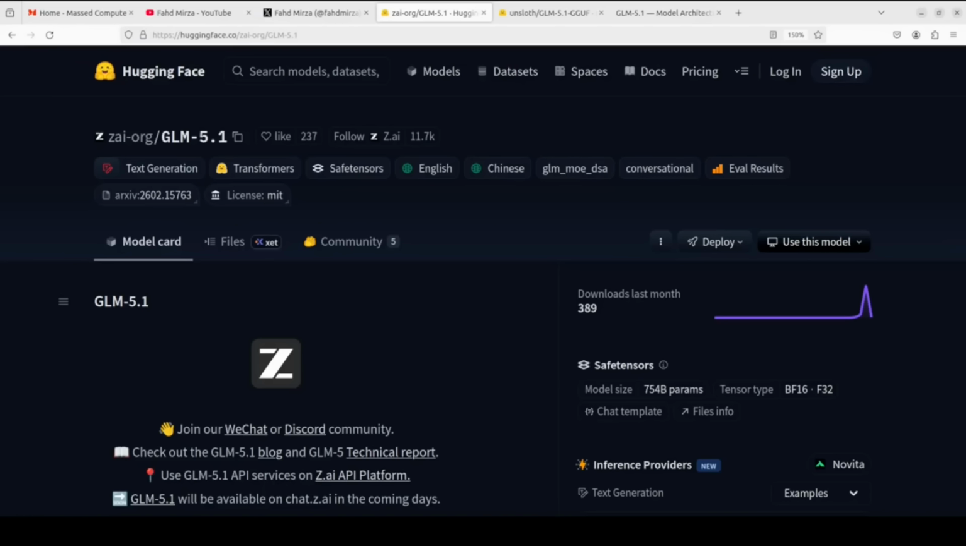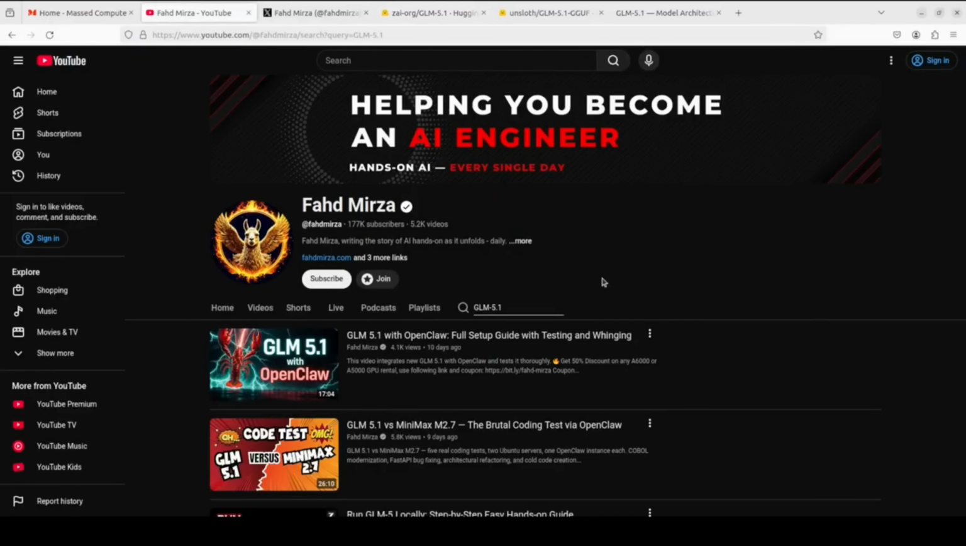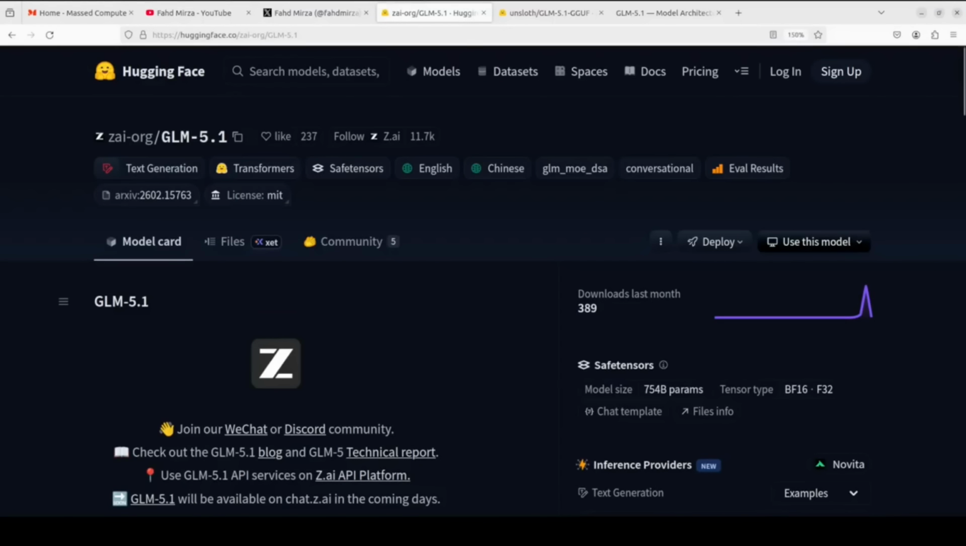GLM 5.1 is finally here as an open source release. The GLM team at Z.ai had previously released their model on their API platform, and we covered it with OpenClaw and also compared it with Minimax M2.7. At that time, there was a lot of anxiety among the community about whether they would actually open source their model or not. GLM said that they would, and they kept their promise, and the sun is still shining for open